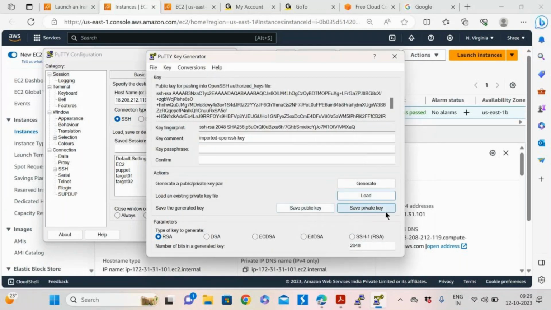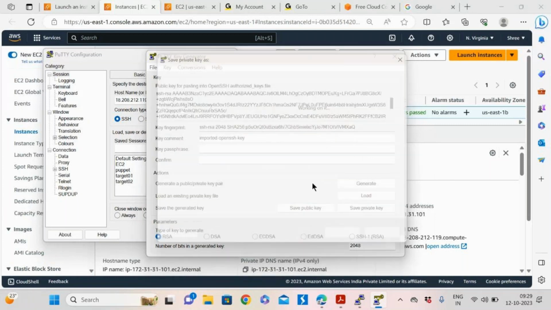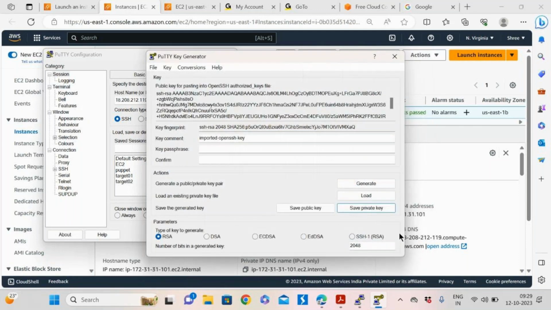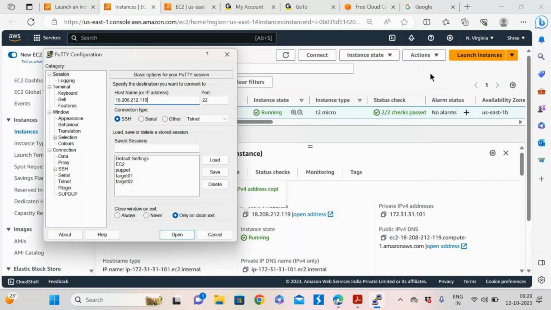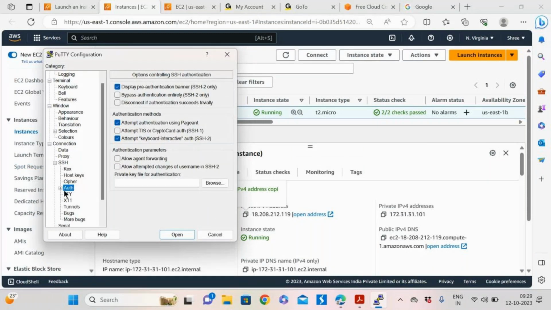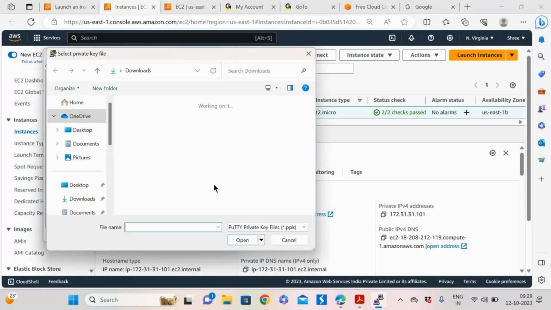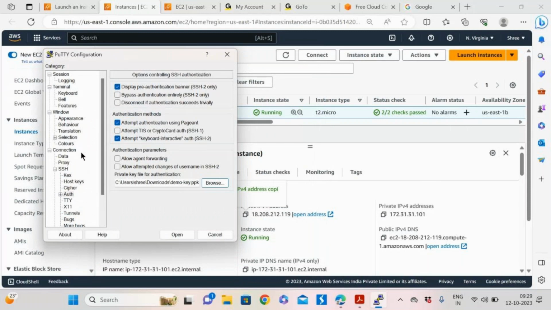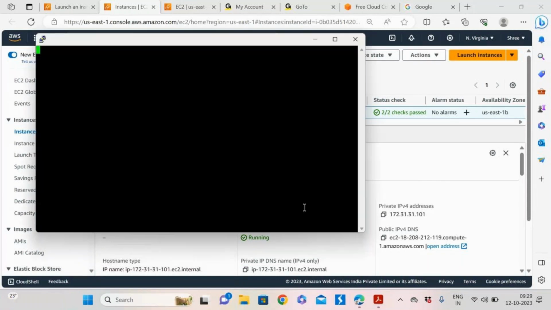So I'll save as private key. PPK format is required for this. I'll name it demo key ppk, in Downloads only. I'm closing, and here in the SSH section, under authenticate, the demo key is there. I'm adding it here, and I'm trying to open it.